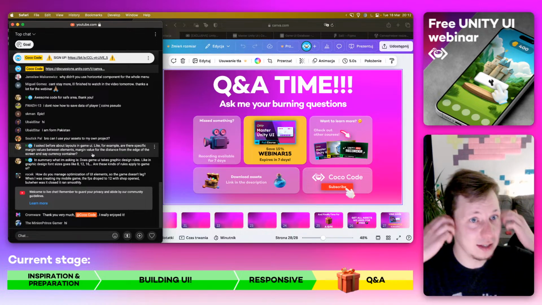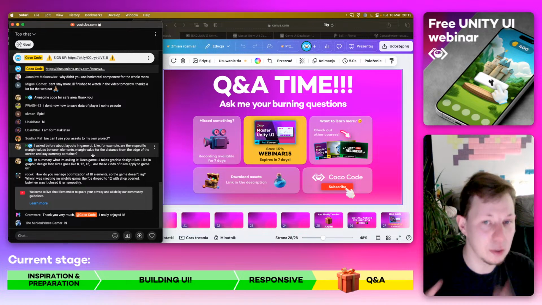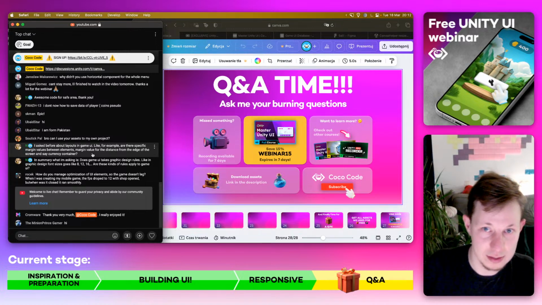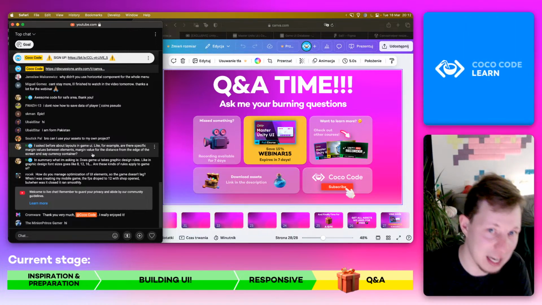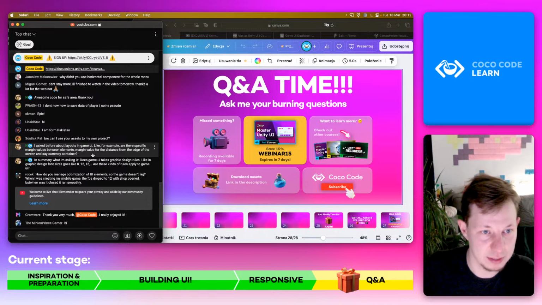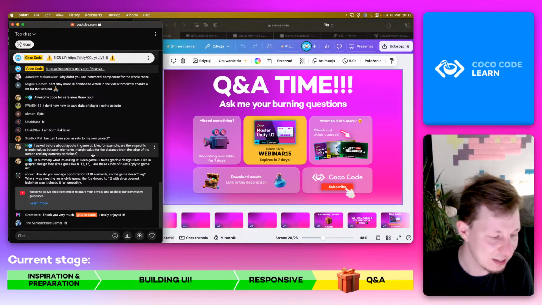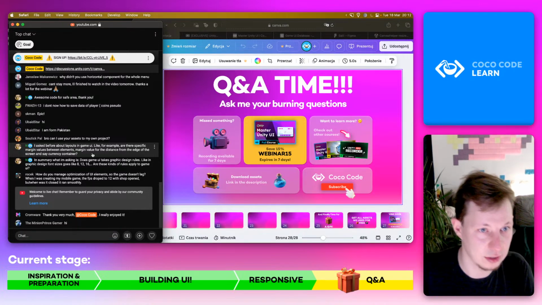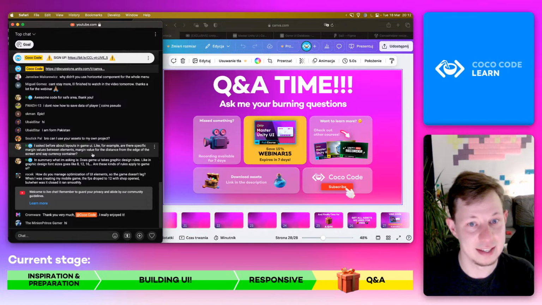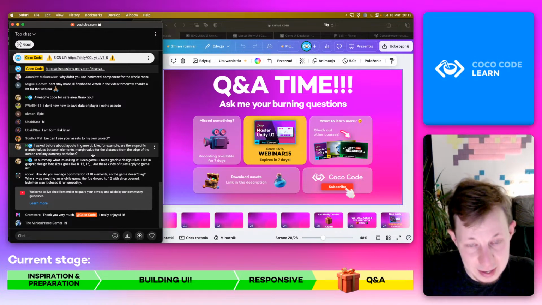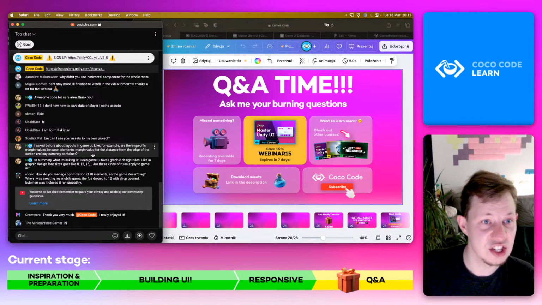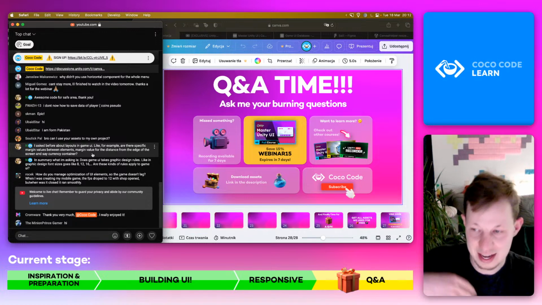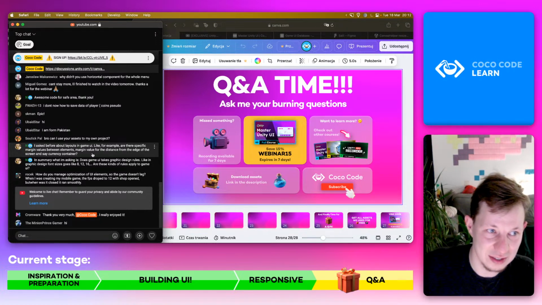In game UI, depending on what kind of UI, because if we are talking about in-game UI, it's probably different. If we are talking about this kind of UI, so this I call it game lobby, there are also different rules. I would say that in general, the target goal is to